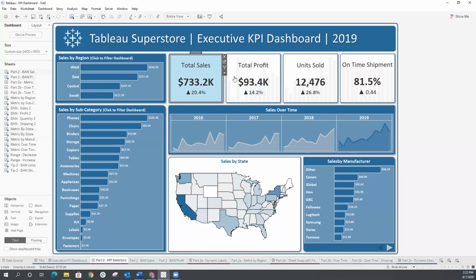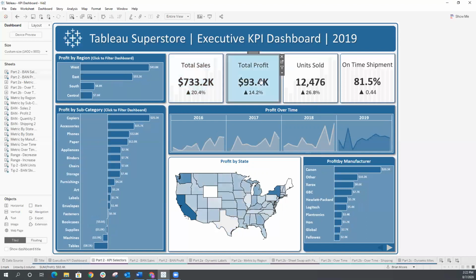The first of which is when you click on one of these bands, you'll see the whole thing highlights in blue. In this dashboard, it doesn't look too bad, but in most cases, it won't fit your color scheme as well as this does. So you'll want to address that. So in the previous video, I'd shown you a way to remove that default highlighting using a highlight action. Unfortunately, that method does not work very well with text marks,